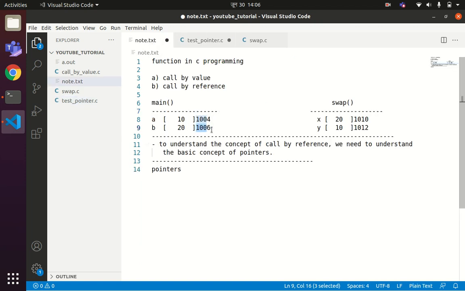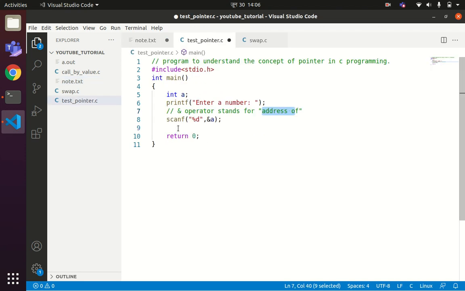In this case the address of b is 1006. Normally the operating system in which our program executes maintains the address of memory using hexadecimal numbers. Now if you want to print the address of a given variable, you have to use this ampersand operator. Once the user enters the value of a, it will be stored where? At the address of a.